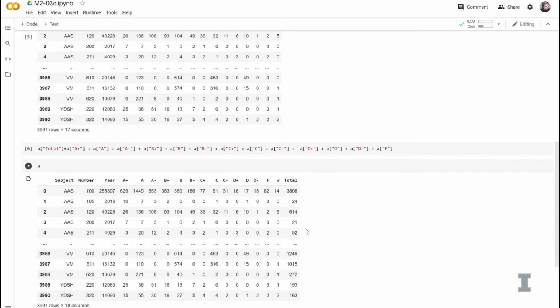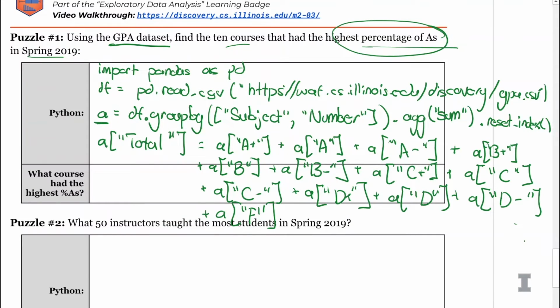So now we need just two more lines of code. Sounds good. To create the percentage, we need a new column that I'm going to call %A. That's easy enough. So df at A, right? Guys, you're totally right, our data frame is no longer df anymore. If we try to do this with df, we get an error. So A, with %A's in quotes, is going to be equal to A at A divided by A at total.